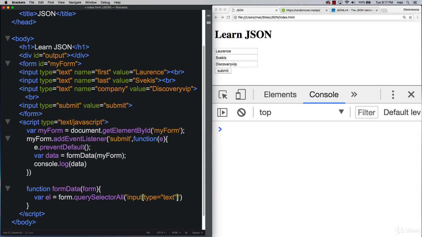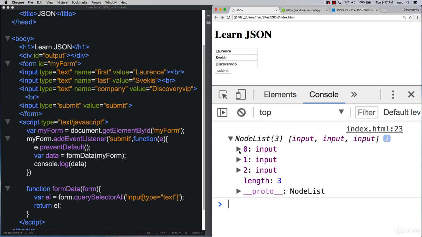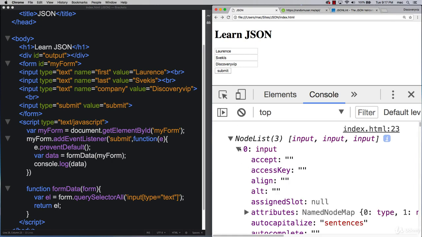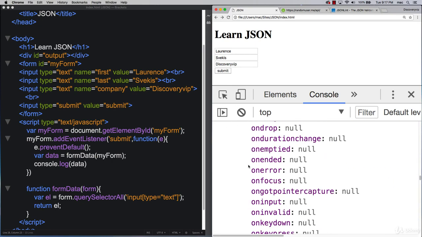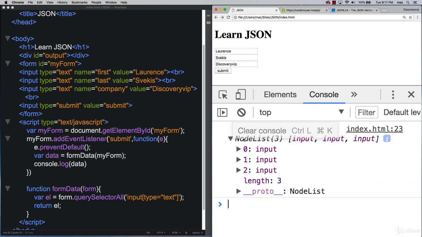And we're only going to grab the ones that match this criteria. So we're grabbing all of the elements that are query selector all, and that's what we're going to be grabbing. And let's just return back that object and see what happens. So let's refresh, submit. We get a node list of 3. So we're grabbing all 3 inputs. So just like that, we're able to grab out all of the inputs. So far so good. We're able to select